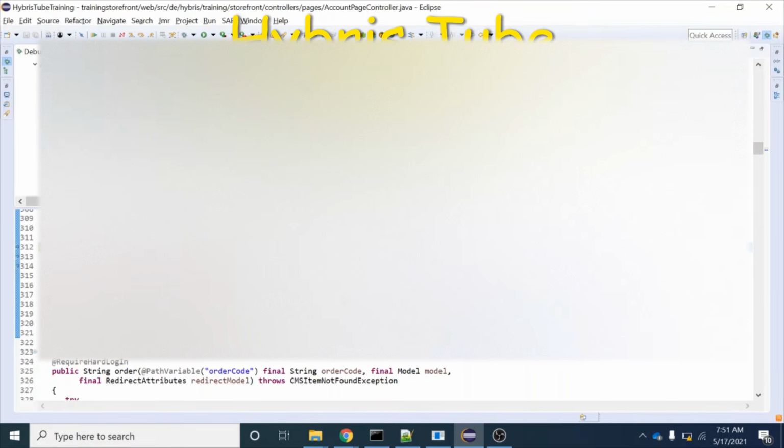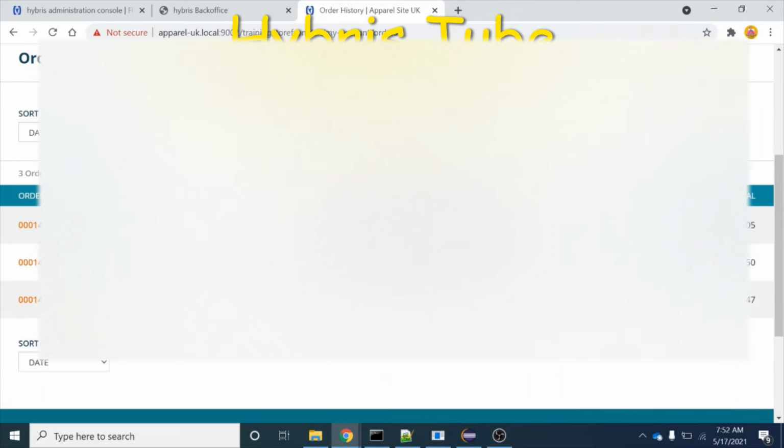Now what I am going to do is create one restriction that whenever any registered user tries to view his orders, he will be able to view only the orders which are placed after 16th of May. He will not be able to view these two orders. For that, I will be creating one restriction, and I am going to show you how I can create that restriction. But firstly, before creating the restriction, I will show you